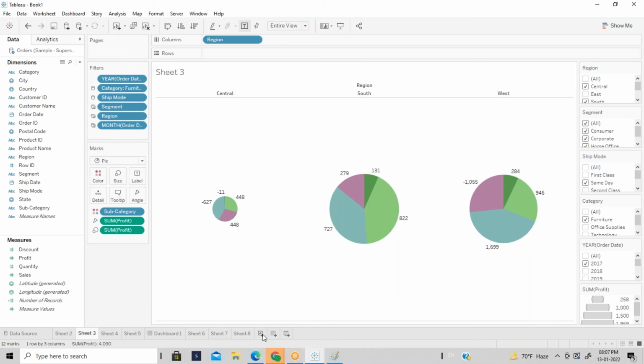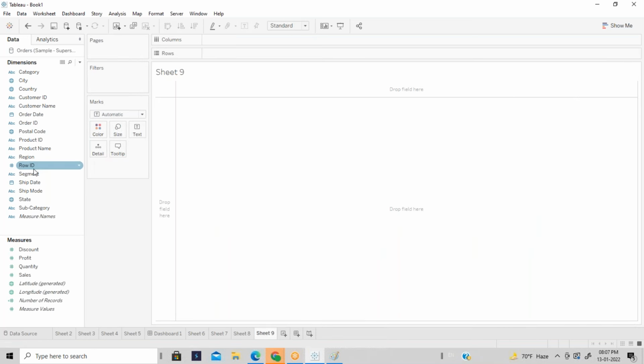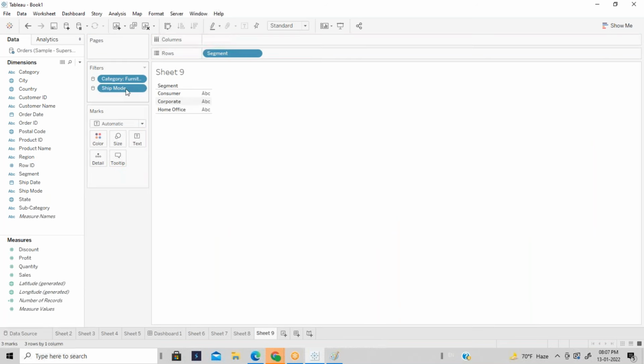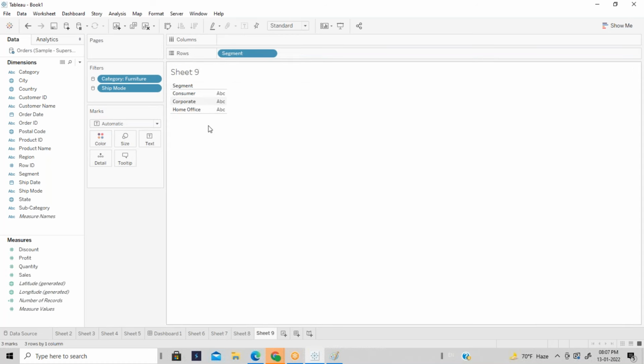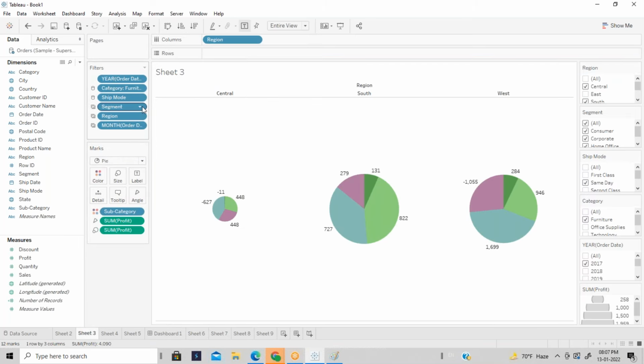Because again, if you try to create a new report, guys, I'm just trying to create a new report here. See, automatically the new filters are also applied to the worksheet if you select it as a data source. At sheet level you will see this option. If it is applied to the data source level, you will see the cylinder symbol.